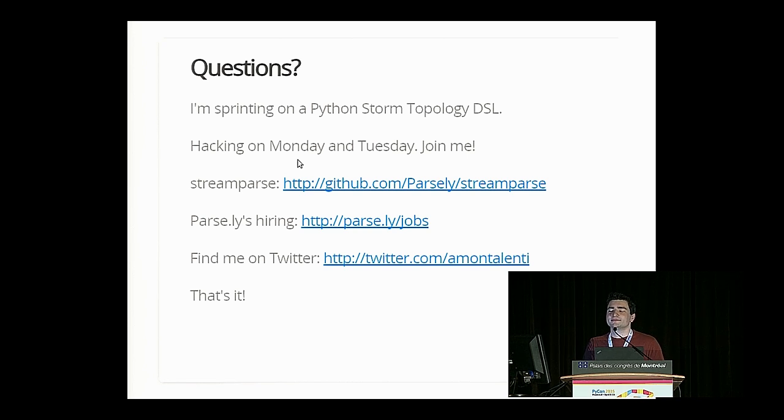Awesome talk. I've been experimenting with Storm, and this is a Storm question. You mentioned that streamparse has logging, and a lot of times when your bolts die, it's kind of hard to figure out what's going on and get that introspection. So how does streamparse use the normal Python logging module, and how do you get that introspection instead of going through Storm UI or through the Zookeeper nodes?